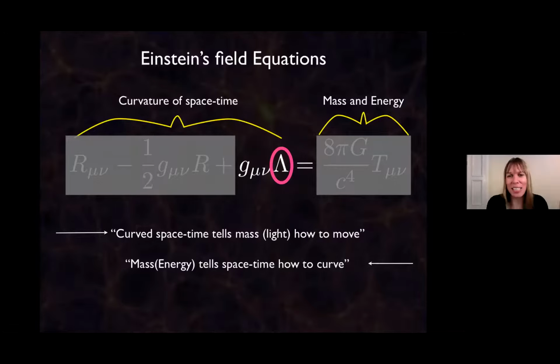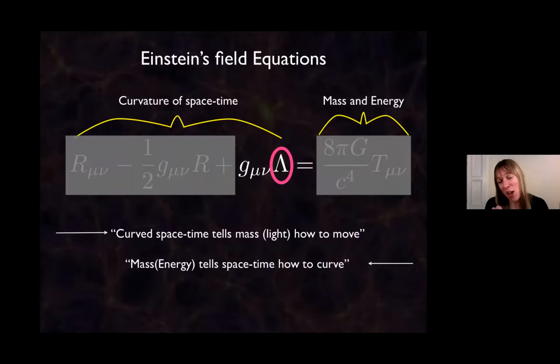Now, this little ingredient here, this lambda, is the cosmological constant. You may have read New Scientist articles that call this Einstein's biggest blunder. But I was at the Royal Astronomical Society once and I met this really nice old dude, and he said that he knew Einstein, which I'm sure can't be right, but maybe. Anyway, he said there was no way he would say such a thing. So was it Einstein's biggest blunder or not?